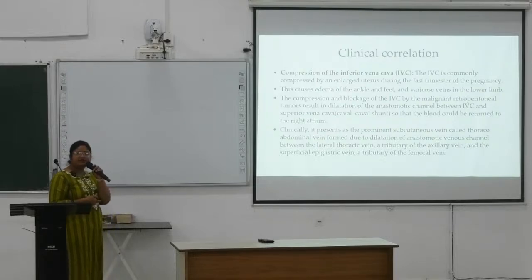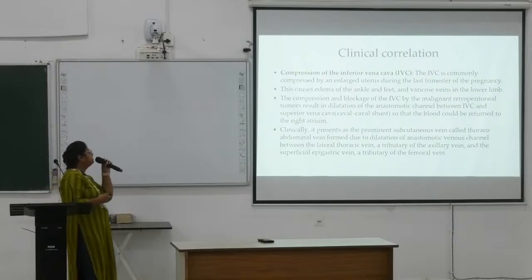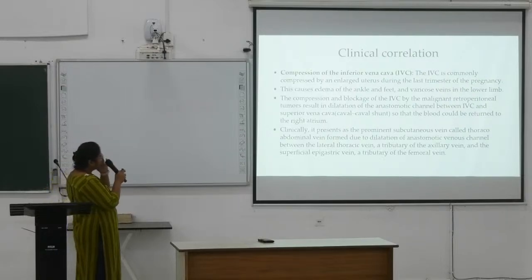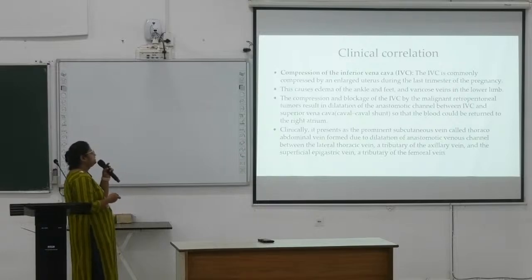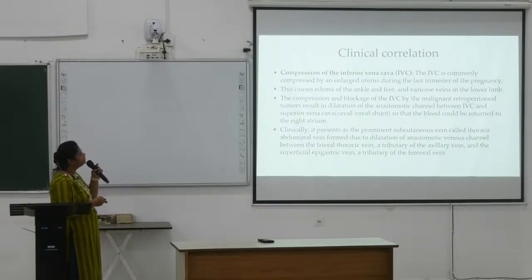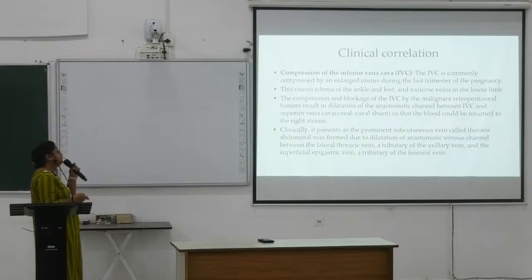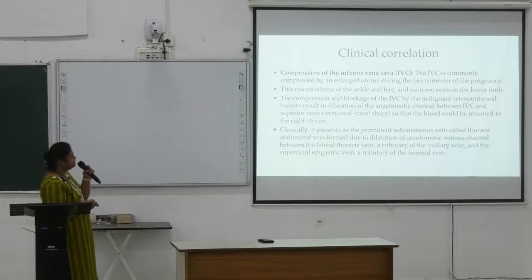Okay, this most commonly occurs in pregnancy, varicose vein, and the compression and blockage of the IVC by a malignant retroperitoneal tumor result in dilatation of the anastomotic channel between IVC and SVC, superior and inferior vena cava. Anastomotic channels, caval shunt, so that the blood would be returned to the right atrium. Okay, and clinically it presents as the prominent subcutaneous veins called thoracoabdominal vein formed due to dilatation of anastomotic venous